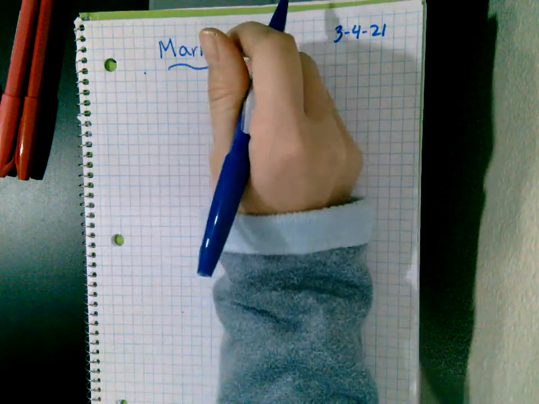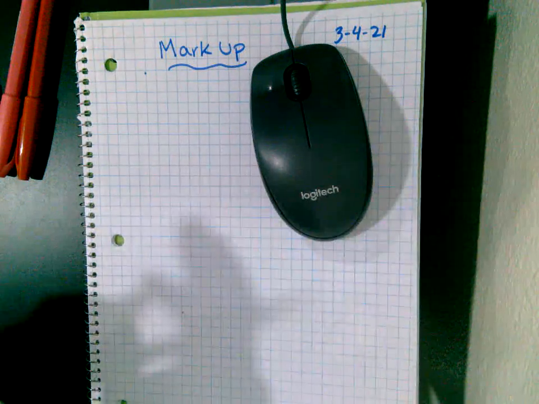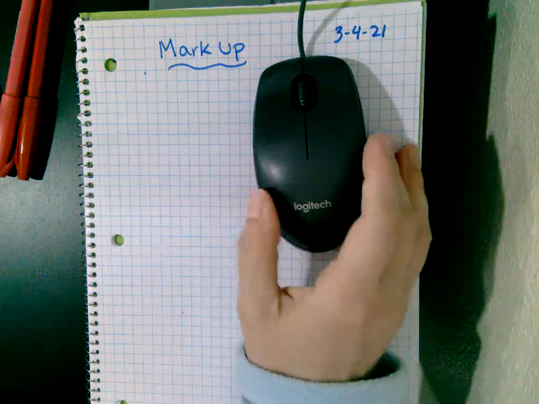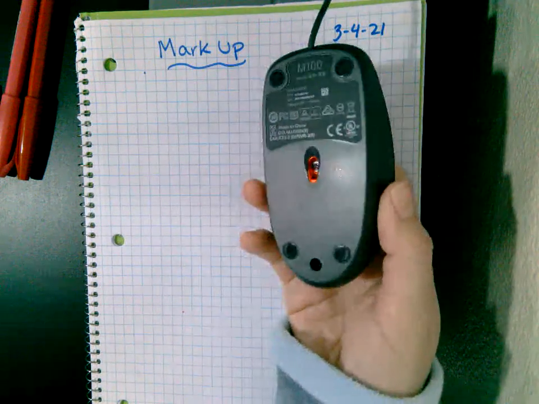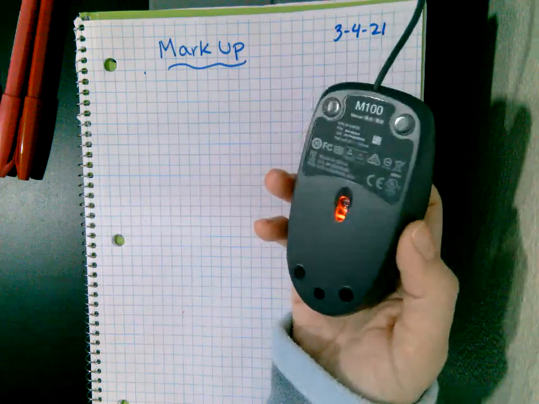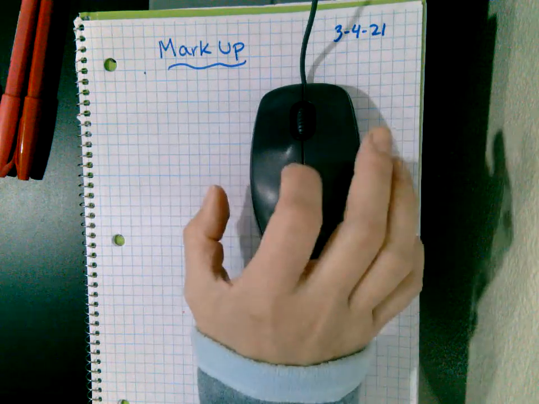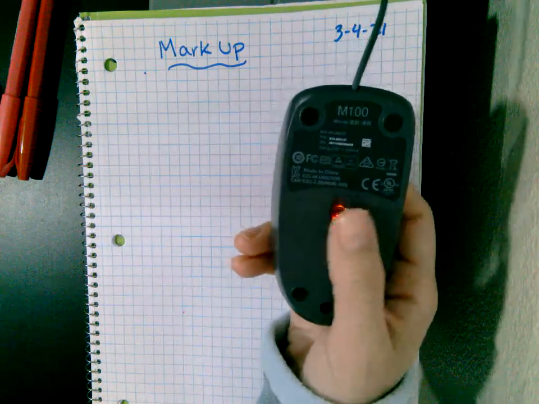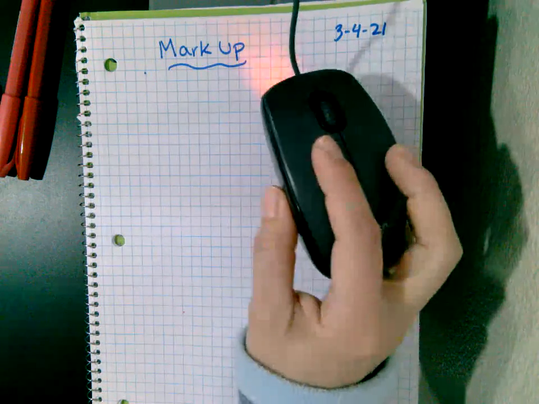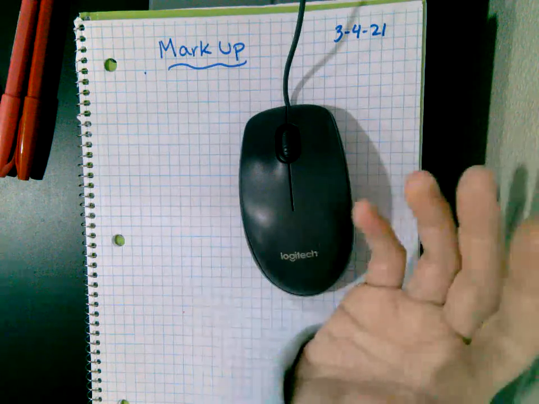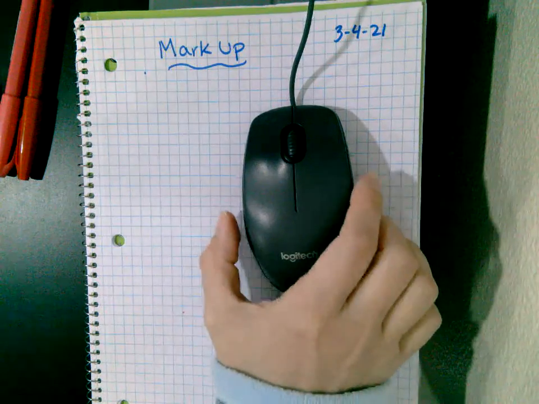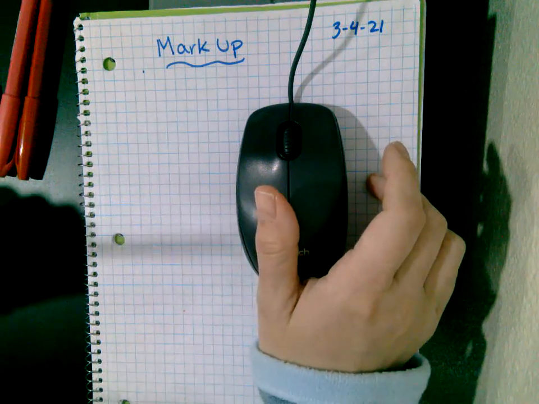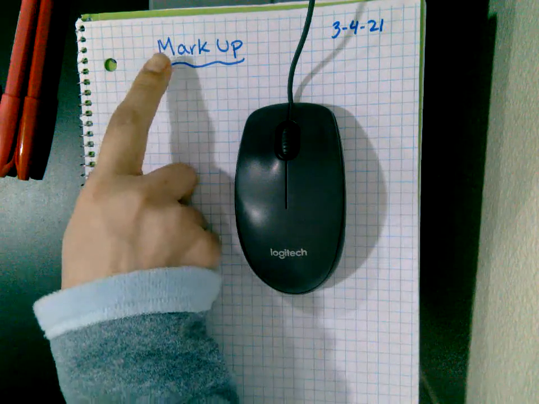So, for example, this mouse costs maybe $1 to make completely with the parts and everything. Believe it or not, maybe $1, maybe two. It doesn't cost a lot to mass produce a mouse, even though it looks super awesome with the shiny little light. And the technology is kind of dated. So let's say $1. Now, did I buy this mouse for $1? No, I did not. The price was marked up